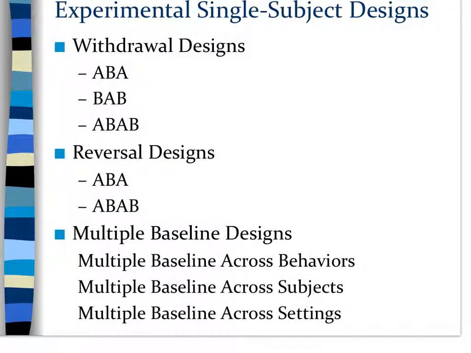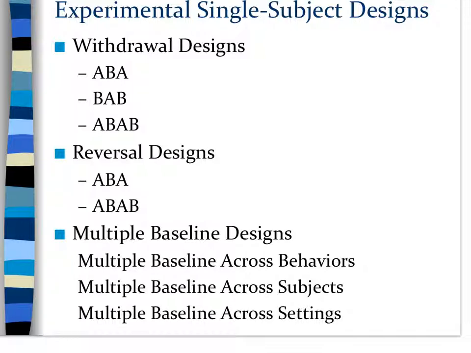Just to give you a brief understanding of multiple baseline designs: in the typical single subject design, we have considered a single subject, one behavior, and a single setting. In a multiple baseline design, we systematically vary one of the three parameters, either the subject, the behavior, or the setting, while keeping the other two parameters constant. In the designs we have considered so far, we have kept all three parameters constant. That is, we have considered a single behavior for a single subject in a single setting.